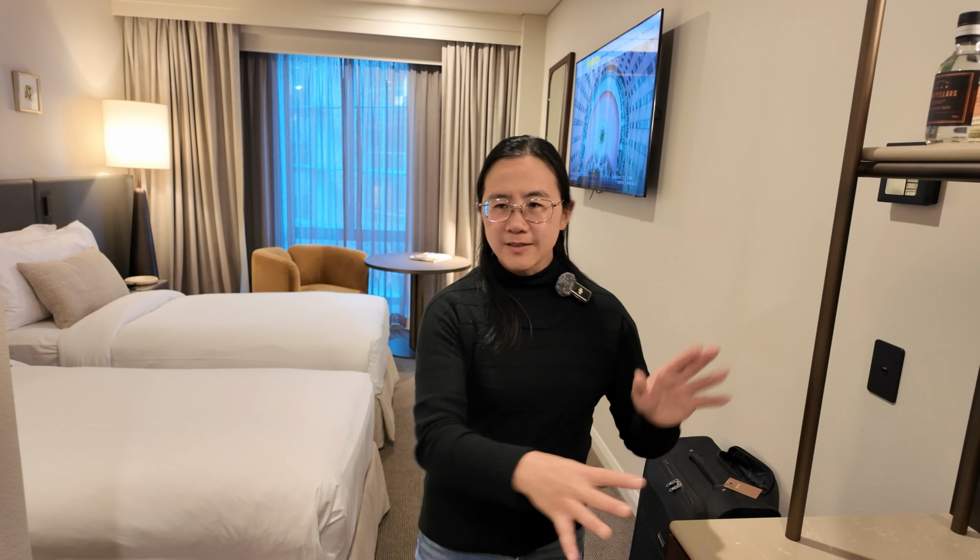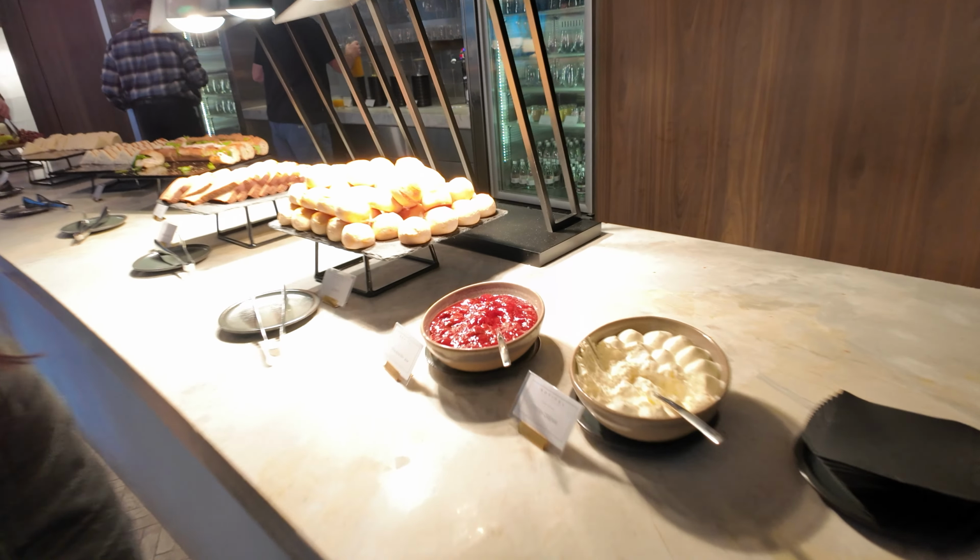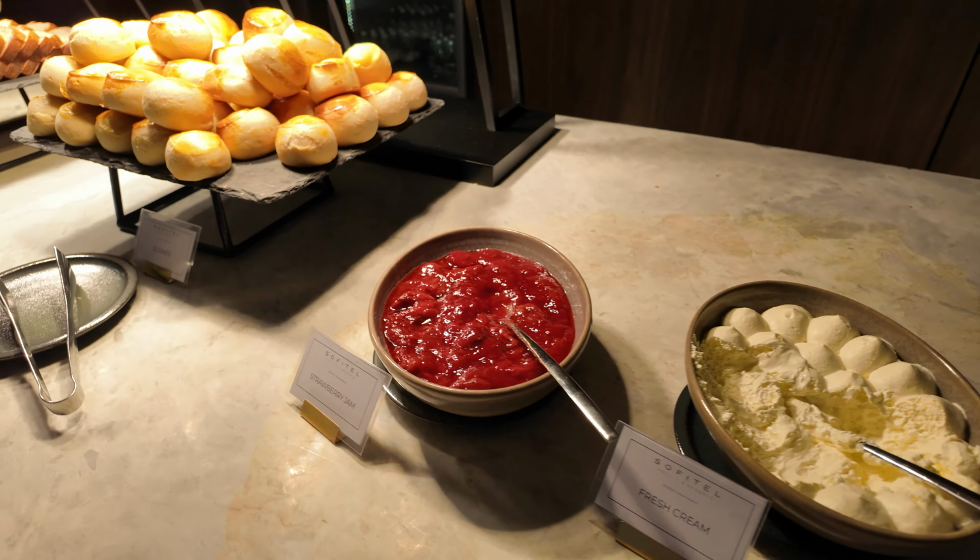So we're at the Millesime Club in the Sofitel Wentworth, and we're going to have afternoon tea. So let's see what selection they have today. So because it's afternoon tea, we've got scones. So scones with jam, strawberry jam and fresh cream. We've got some banana bread,